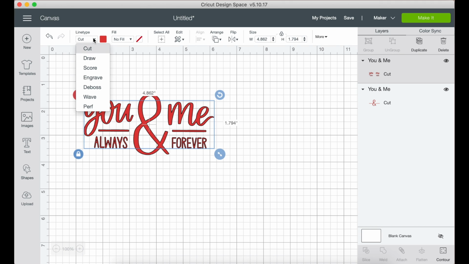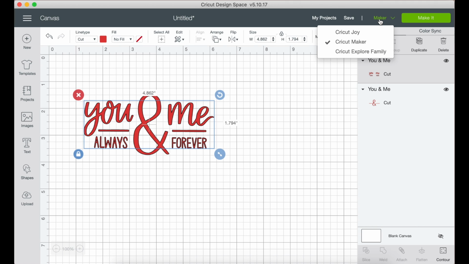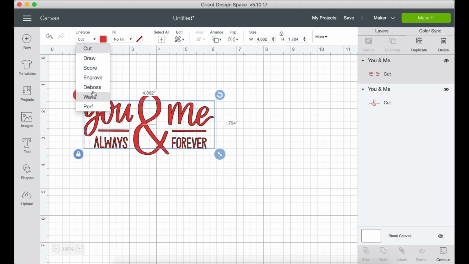Line type here is where you can change from a cut to a draw, score, engrave, deboss, wave, or perforation. This is only for the Cricut Maker. As you can see here next to our Make It button, we have our Cricut Maker selected. If you have a Joy or Explore, you can select those and then your line type will change accordingly. But you can engrave, deboss, wave, and perforate with the Cricut Maker, which is why we have all of these